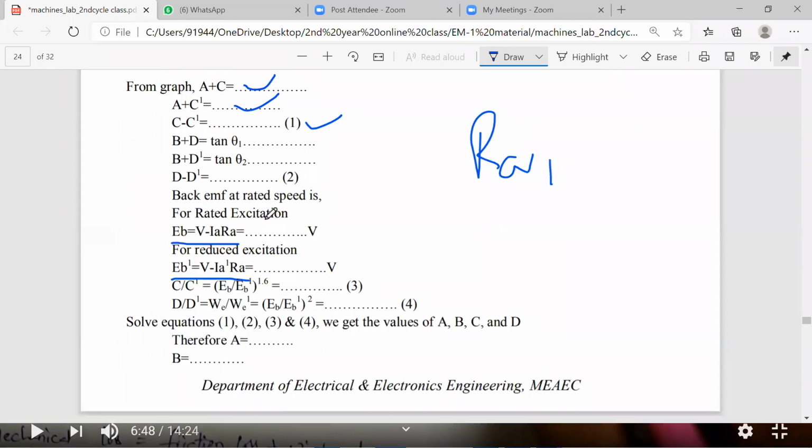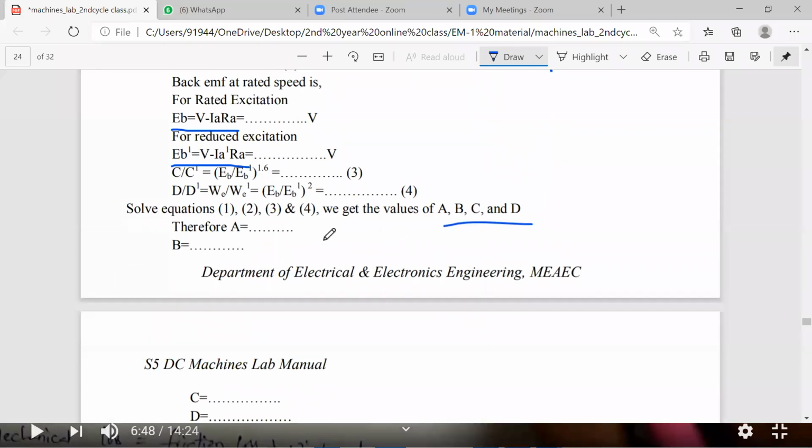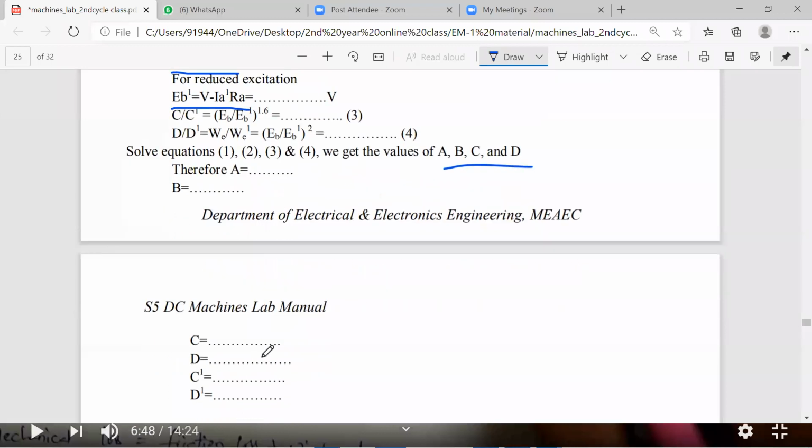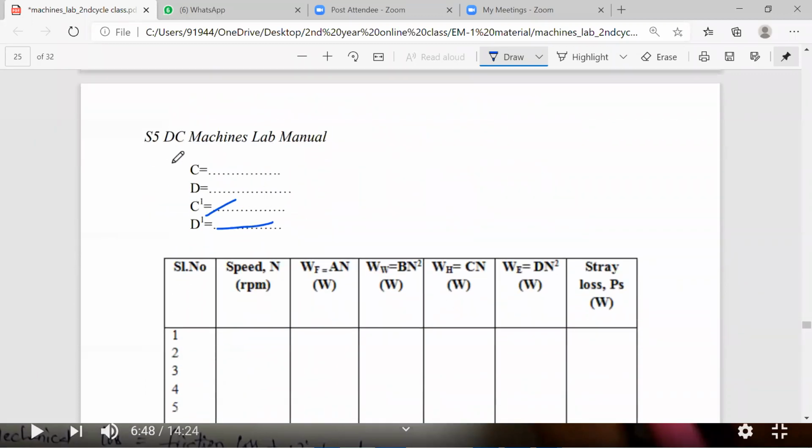So from these calculations, we calculate C by C dash and D by D dash. Solve all the equations, we get A, B, C, D, and C dash, D dash, all 6 parameters. A value, B value, C value, D value, and C dash value, D dash value. So if you know all the constant values,